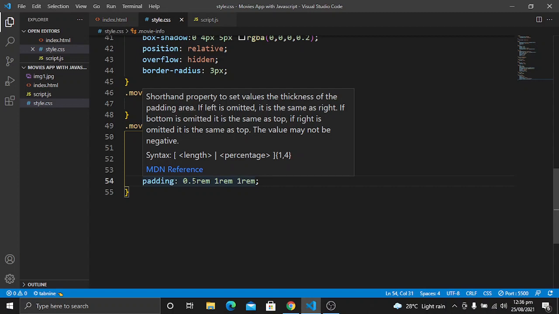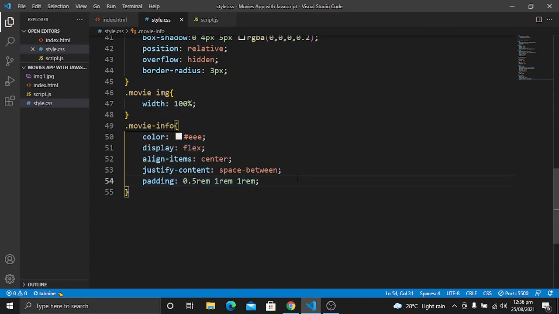For top and bottom it will be these ones, different ones, and for left and right it will be this one, which is 1 rem. Now we have given the styling of movie dash info class, and let's also give some letter spacing, which will be 1 pixel. Let's save it.